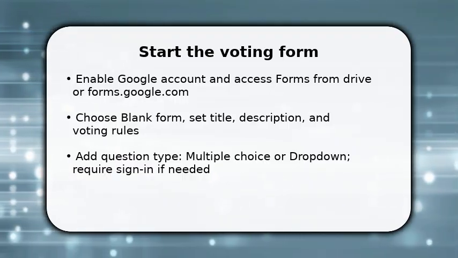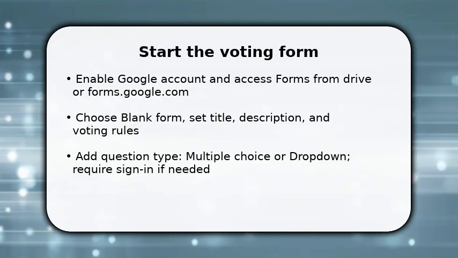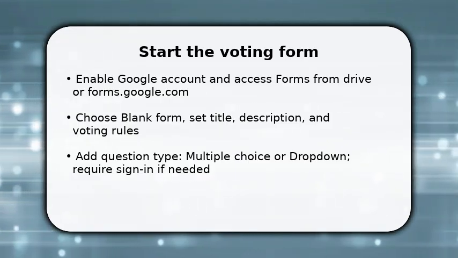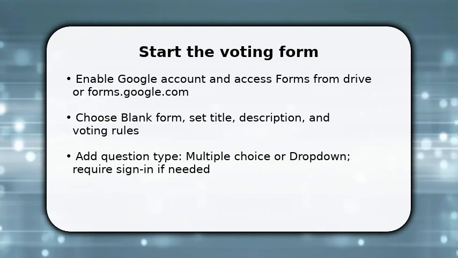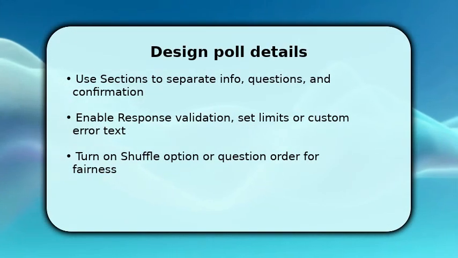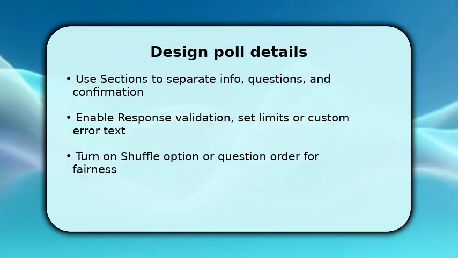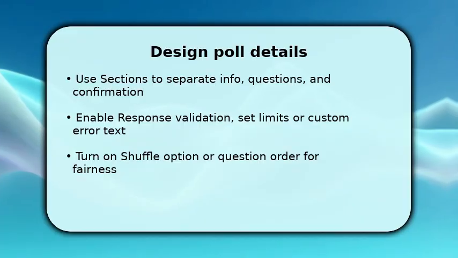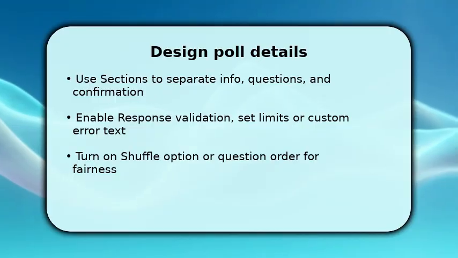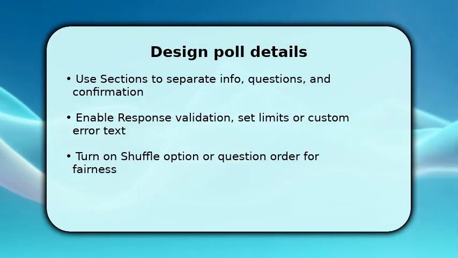If you must limit to known voters, enable restrict to users in your organization and collect email addresses so responses link to identities. Now refine the form. Break content into sections so instructions, candidates, and confirmation steps stay clear. This improves completion rates. For numeric votes or limited choices, add response validation to enforce formats or limits and supply